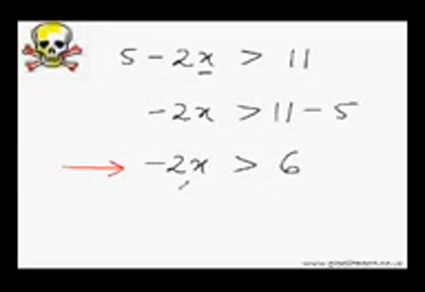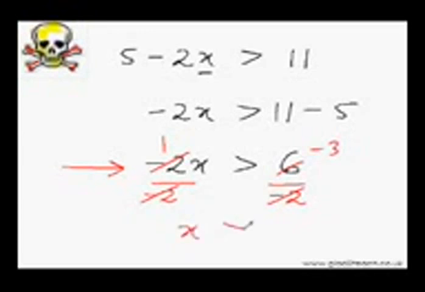This is where so many students lose their precious marks. What they do, in order to get rid of this minus 2, is divide both the sides by minus 2 without changing the direction of inequality. That is, this over minus 2, this over minus 2, this will become 1 and this will become minus 3, and the answer that they write in the exam is x greater than minus 3. So, do you think it's correct? It's wrong. This is where solving an inequality becomes different from solving an equation.